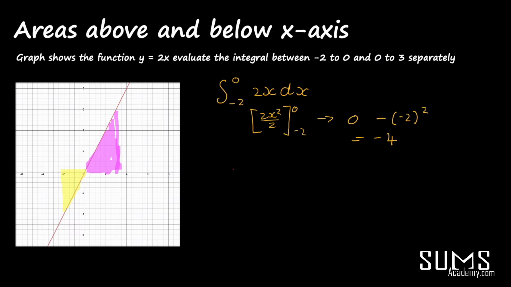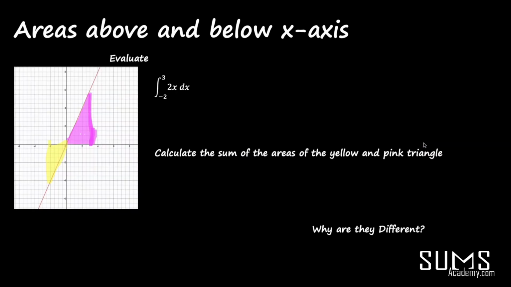Okay, so the second one, the integral between 0 and 3 of, well, it's just going to be the same, isn't it? 2x dx, so x squared between 3 and 0 becomes 3 squared minus 0, which is equal to 9. Okay, so you're left with these two values, -4 and 9. Right, so knowing that,